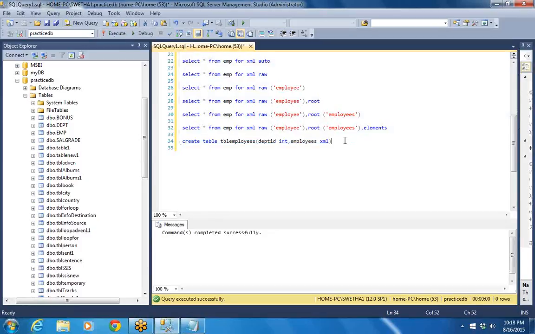Now we need to insert data into this. How do you insert data? Right here, insert into TBL employees. Straight away put values. In the brackets write department ID, like 100,